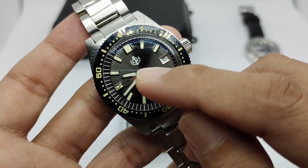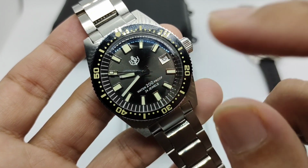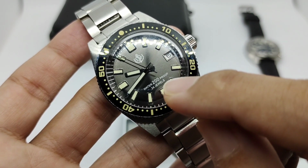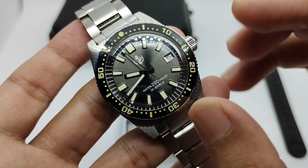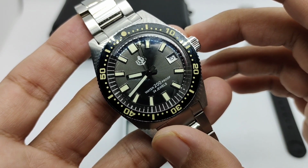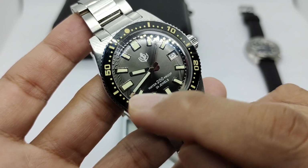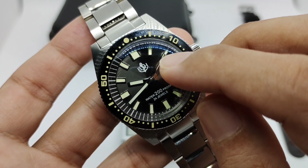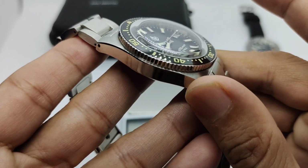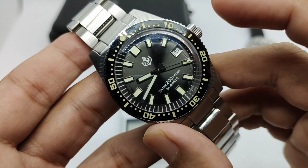All right, so the BSH logo is printed on top here, which is much better than the original San Martin printing on top there. And like I mentioned, it's now water resistant to 200 meters, mimicking the original 62MAS, and the 24 jewels means that it has the Seiko NH35 movement. And we have those simple 62MAS hour hand and minute hand, which is very legible, with that rectangular second hand flying away. Right, so check out that dome sapphire crystal, guys. Very nice, giving it that vintage look. It somehow elongated the